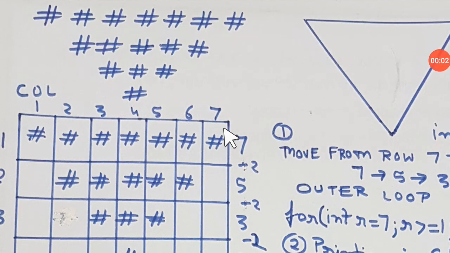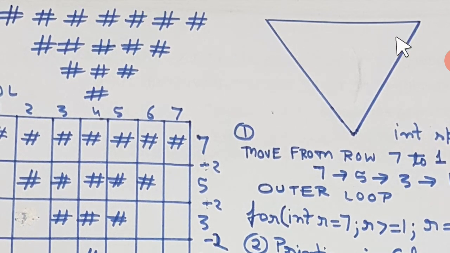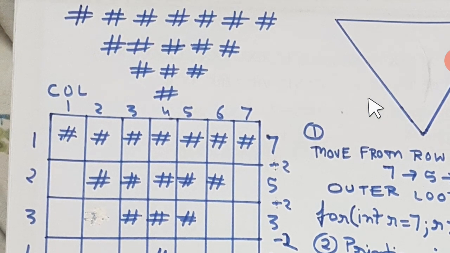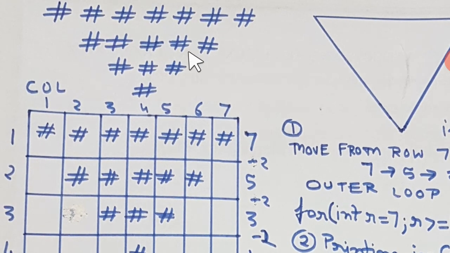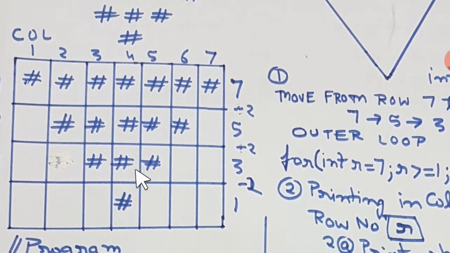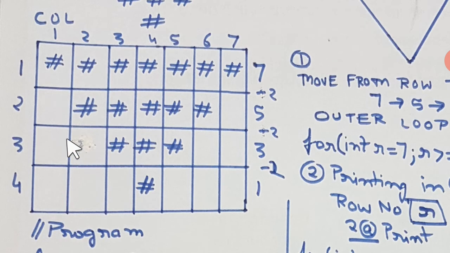So students, a pattern in front of you. You can see here in this pattern the hash character has been printed, and the shape which will be printed is going to be this one. I have already told you that whenever you have to draw or print a pattern, what you need to do is to draw a matrix around the pattern. So here you can see I have drawn a matrix of 4 rows and 7 columns.